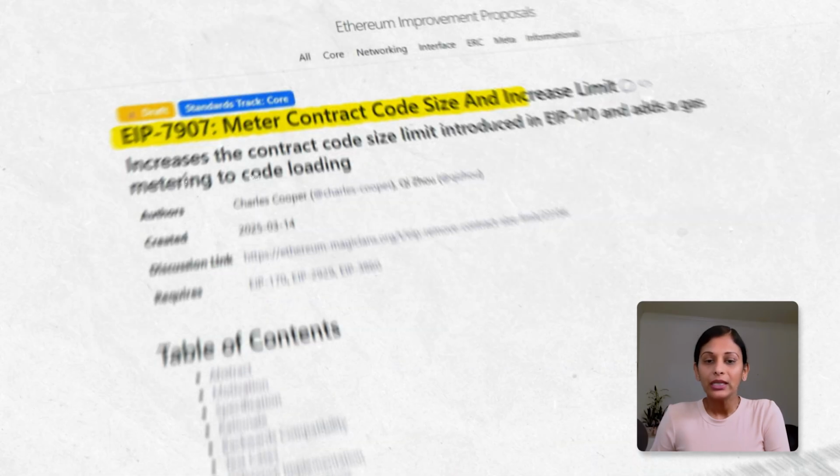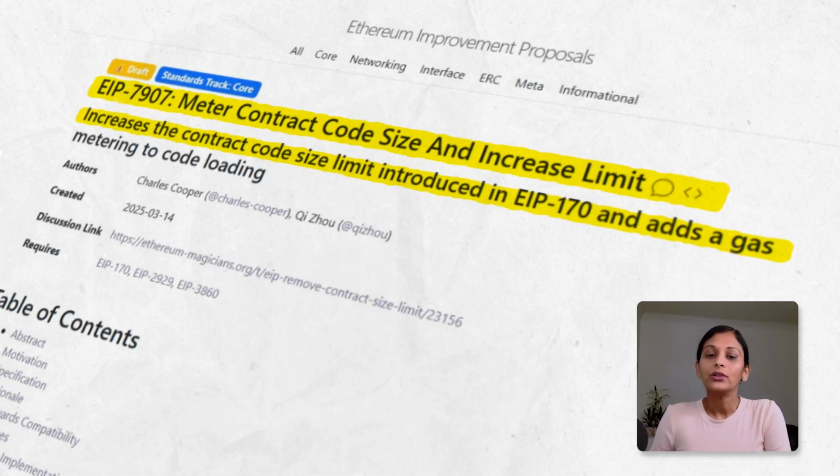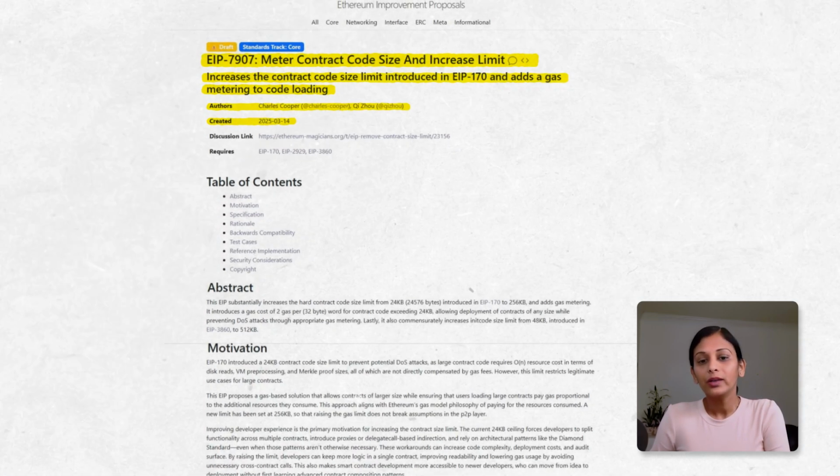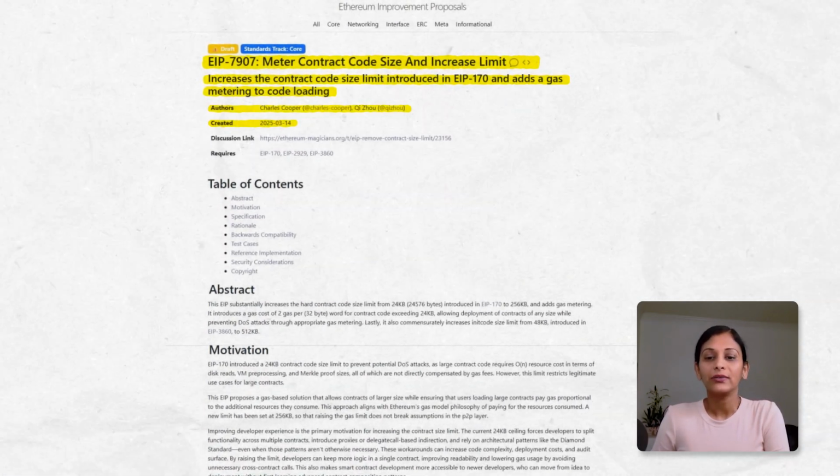Today, we are diving deep into EIP-7907, meter contract code size and increase limit. This is a proposal that's particularly interesting for smart contract developers and protocol designers. We will explore the background, implications, and ongoing community conversation around contract size, gas metering, EXTCODECOPY, JUMPDEST analysis,